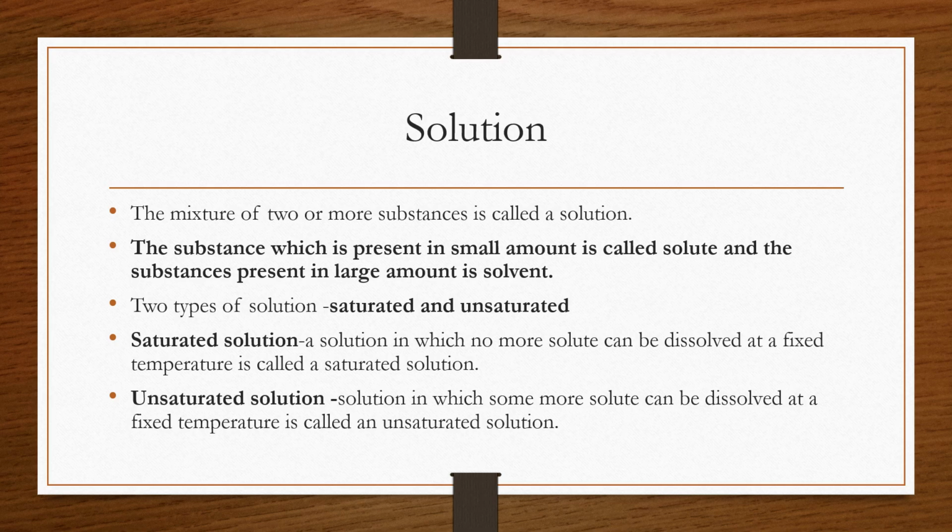Okay, now you simply start adding salt into it. Just start with 1 spoon at once. When you add 1 spoon and stir it, it will dissolve completely. After some time, again add 1 spoon. Now repeat this process, and you will observe that a point of time will come when the salt will not be able to get dissolved. So that solution is known as saturated solution, in which no more amount of solute can be added to the solvent. And an unsaturated solution is one in which some more amount of solute can be dissolved in a particular solvent.